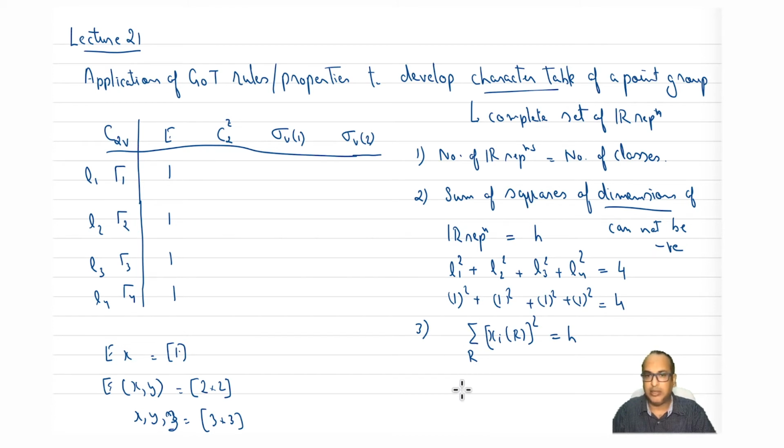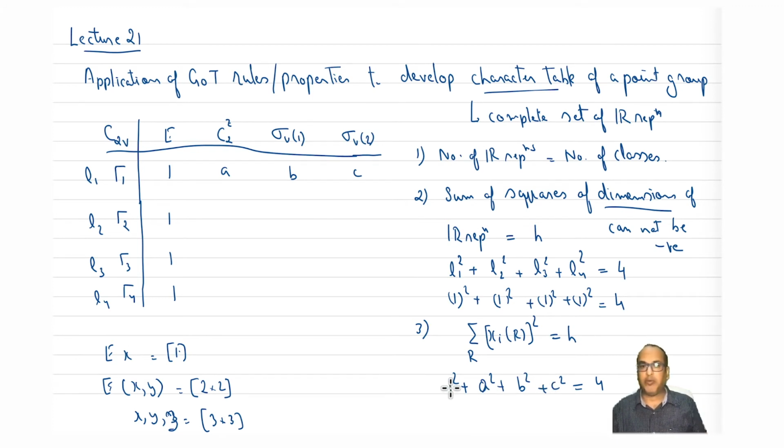So let's call these maybe, we already know this, as A, B, and C. Okay, so this tells me that 1 square plus A square plus B square plus C square equals 4. Now you don't have the criterion that it cannot be negative.